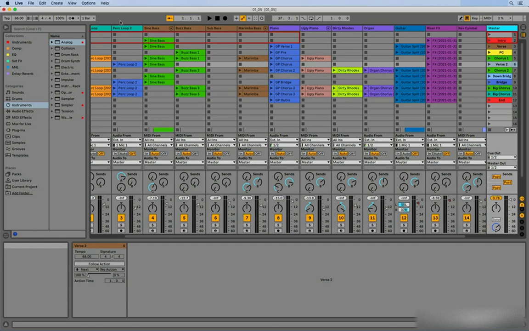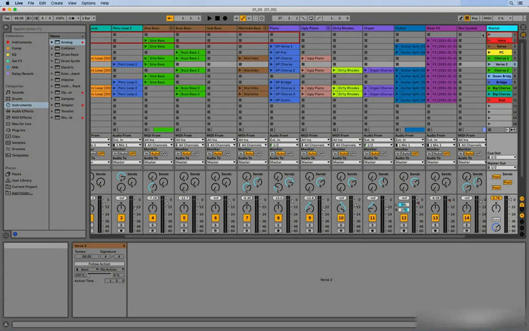So up here on the control bar, we have things like the tempo and meter and the metronome. In the middle, we've got the transport controls, and we've got the punch in and punch out controls. And over on the right, we have mapping controls as well as a couple of indicators that tell us how the computer CPU is performing, like this one here,